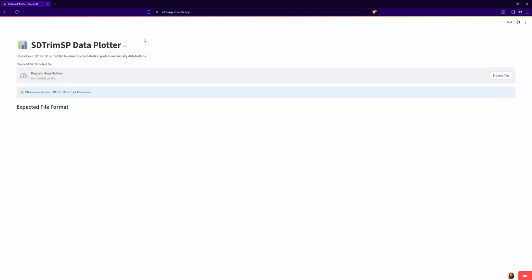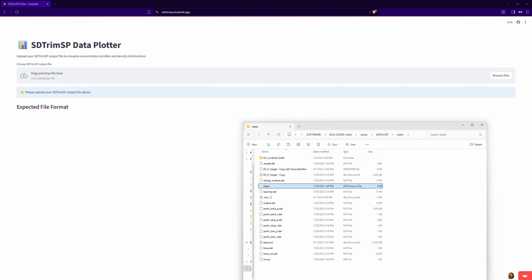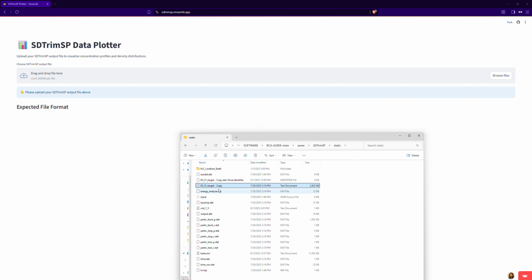so you just need to write sdtrimsp.streamlit.app, and once you are here, simply you have to upload the output file from the dynamic mode of SDTrimSP, which contains all the information about the current fluence and about the fractions of each element considered in that simulation that you run. So into this uploader I will just drag this output file,